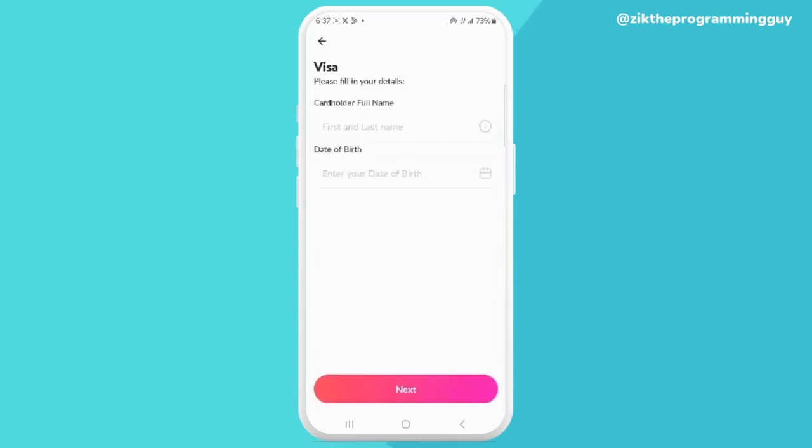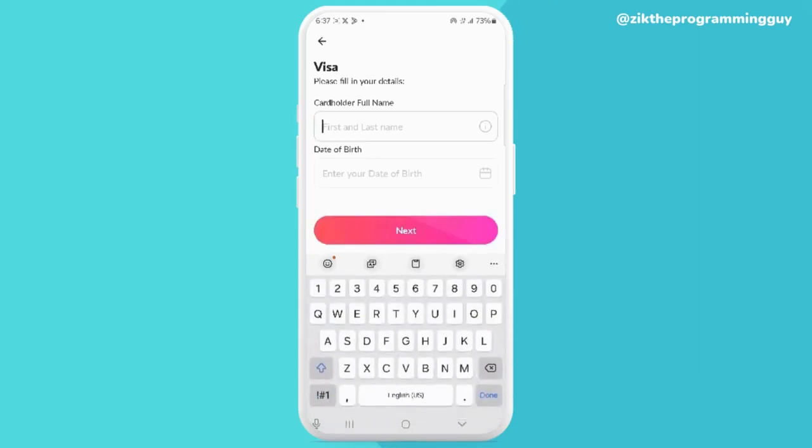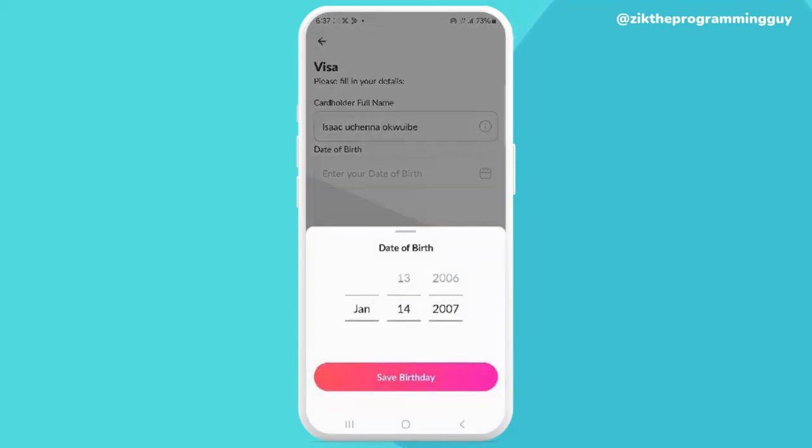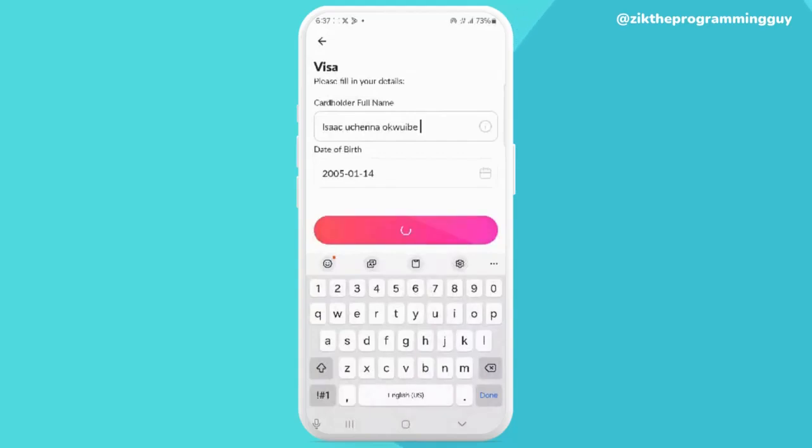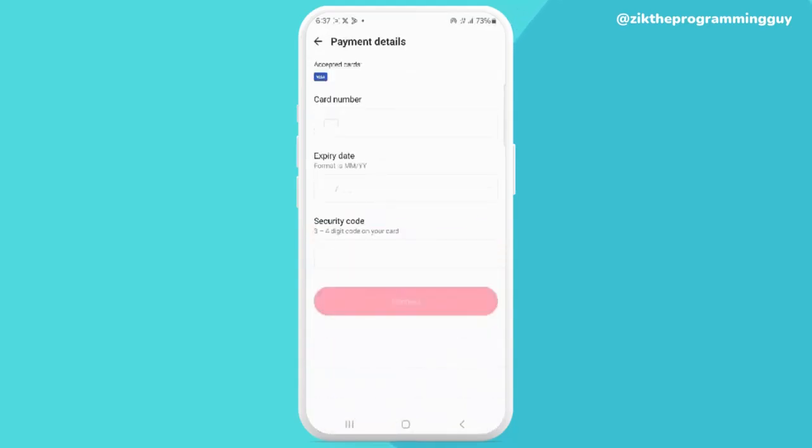to add your card holder full name and your date of birth. Right, so I'll just go ahead and enter my full name, and then I'll enter my date of birth. For example, let's say this is my date of birth. Right, let's just use this one for example, and click on next, and then you have to enter your card